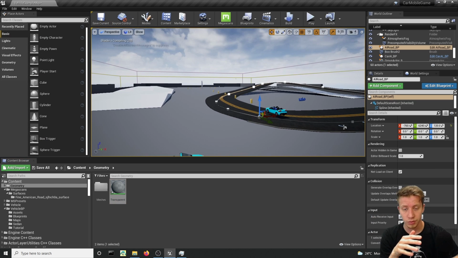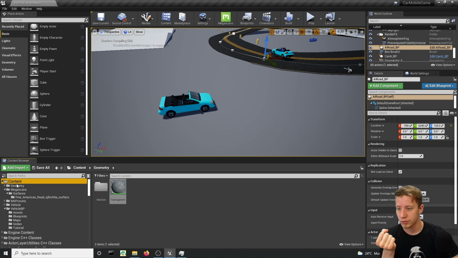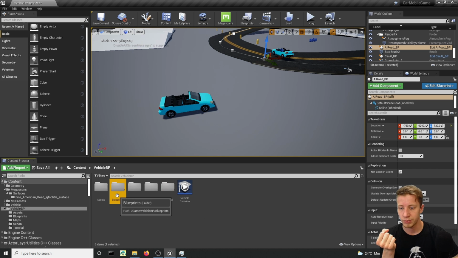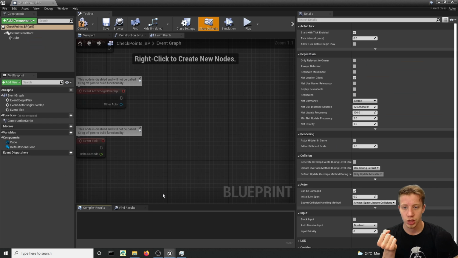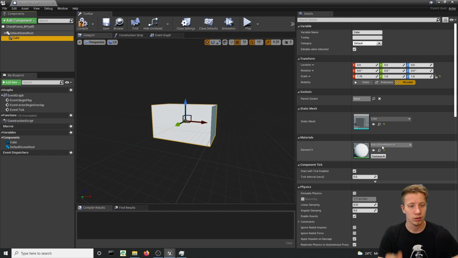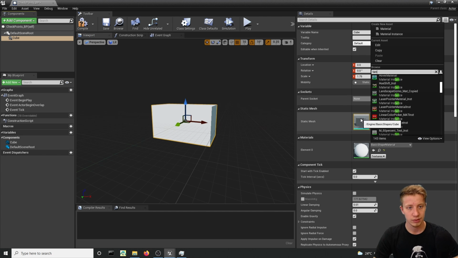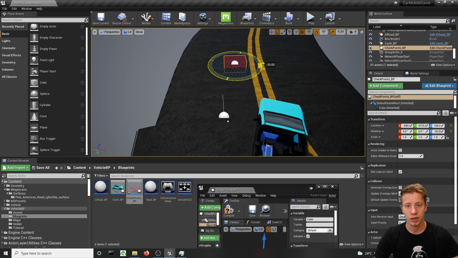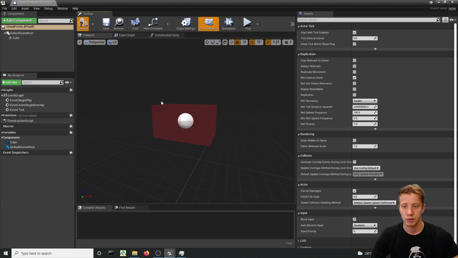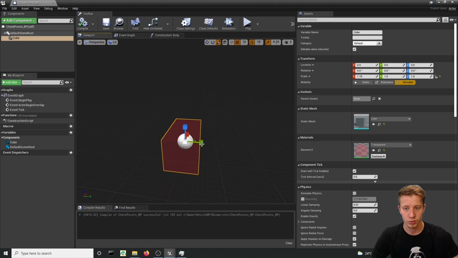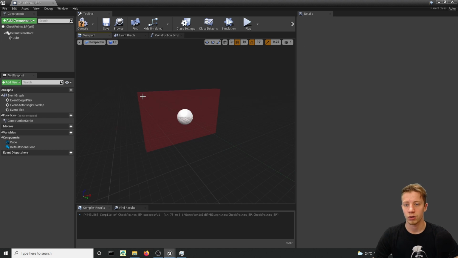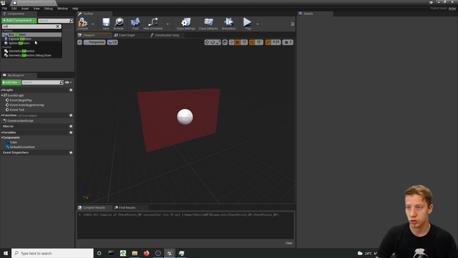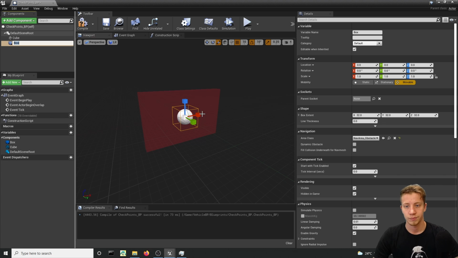Close that, it will probably compile shaders, that's fine, because we will go back into vehicle BP, blueprints, and our checkpoint. Let's put your new material here, so transparent, and now if you put it in the game, it looks like something you should drive through. Let's probably make it a bit thinner, so on the y-axis let's scale it down, yep, something like that. For all that logic, let's create a collision, so box collision, put it right here,